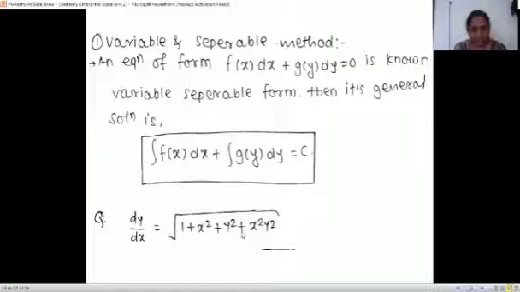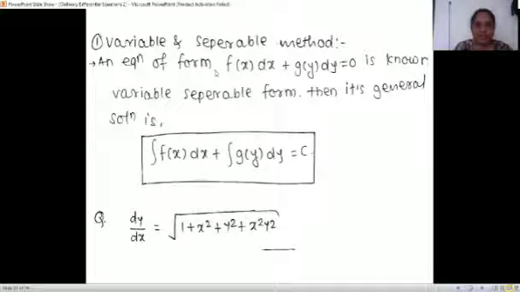So try to write the terms of x separately and the terms of y separately. Is it possible in this case? As it is 1 plus x square, and if we see here, y square is common from both the terms, the last two terms. So we can take that y square common outside, and here will be the term 1 plus x square. And the first is also 1 plus x square.